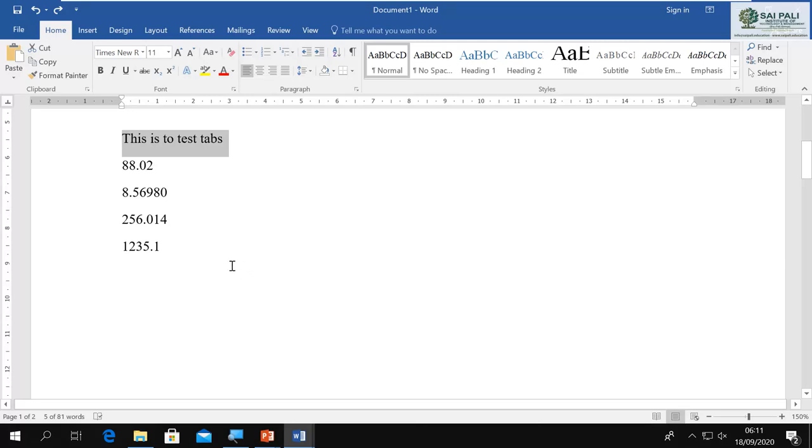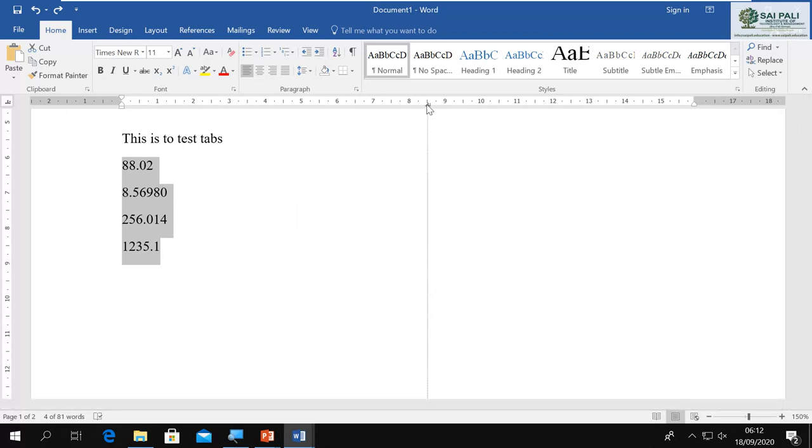And there is one more, the decimal tab. Now this decimal tab is for decimal type of data, like this one we have. You can see you have a decimal after 2 numbers, here after 1 number, here after 3 numbers, here after 4 numbers, but they are aligned left, so they are not showing you where the decimal point is. So I can add this decimal tab stop here.